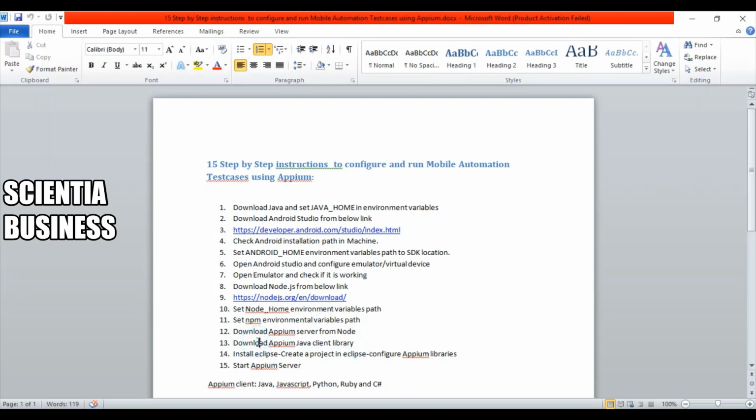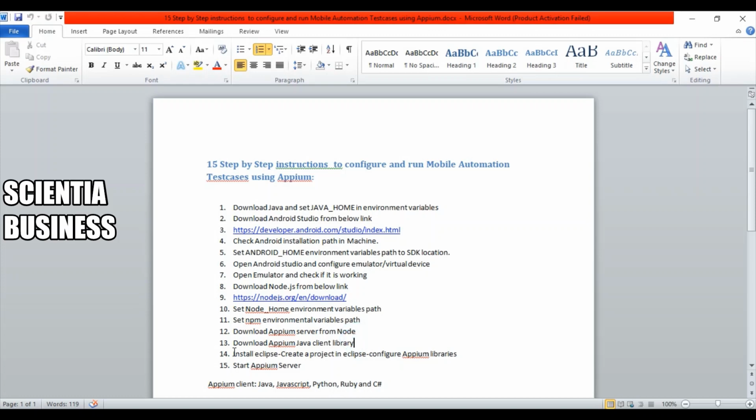As I told you in my previous sessions also, whatever languages you are comfortable with, you can use that language in order to automate your test cases against the Android mobile. Since most of these lectures will be covering mobile automation test cases using the Java language, that is why I've downloaded the Java client library, right?